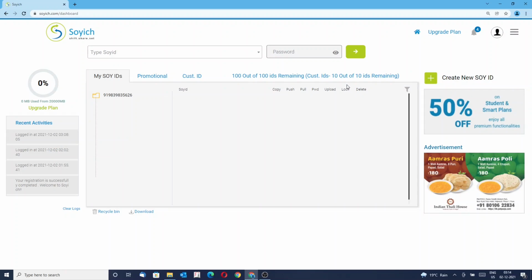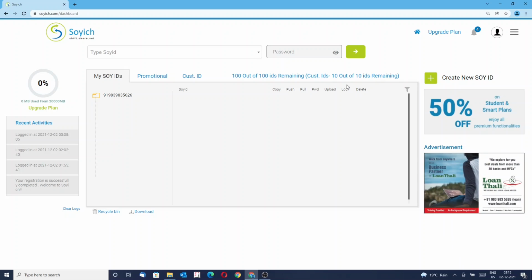Okay, before starting or explaining about the dashboard, I would like to tell you that SOYICH has an amazing feature that no other sharing application has. Whatever files you need to share, you need to create a SOY ID and upload those files in it first. Just like to send an email to another person, you need to create a new mail and attach the document file in it, you need to create a SOY ID and attach the files in it and then push it to the